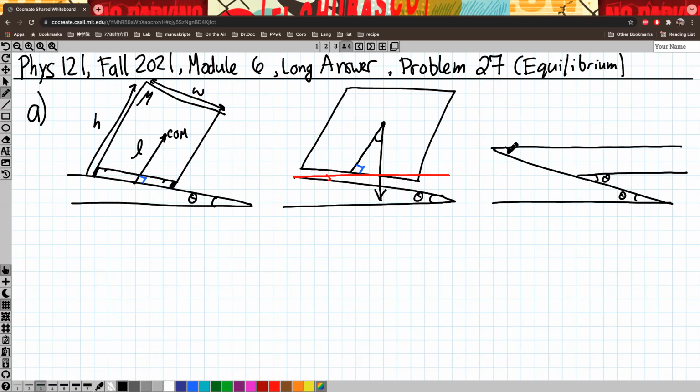Yeah, that it makes sense to have a zero there. Okay, so after that, after